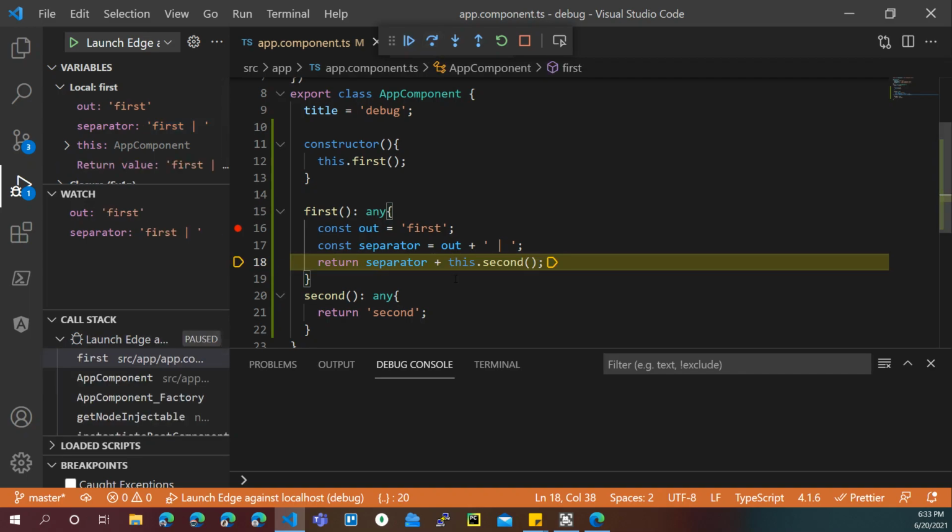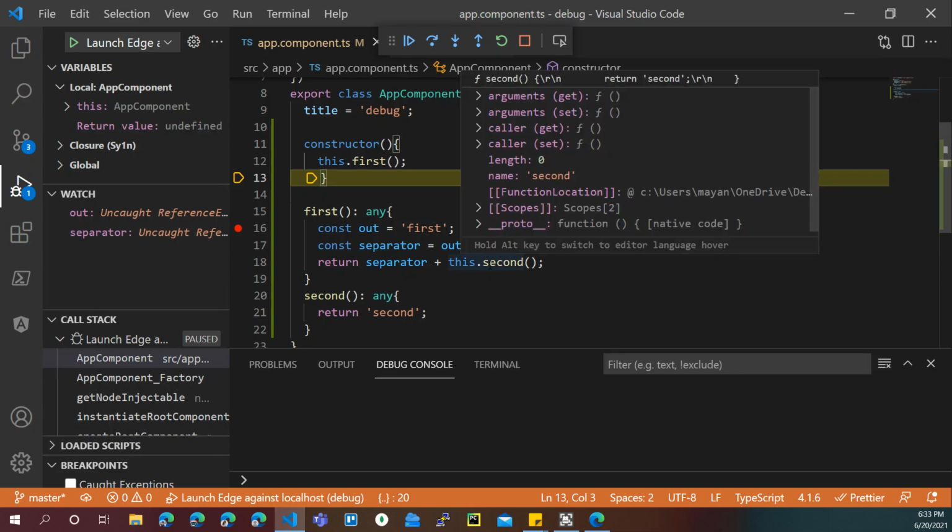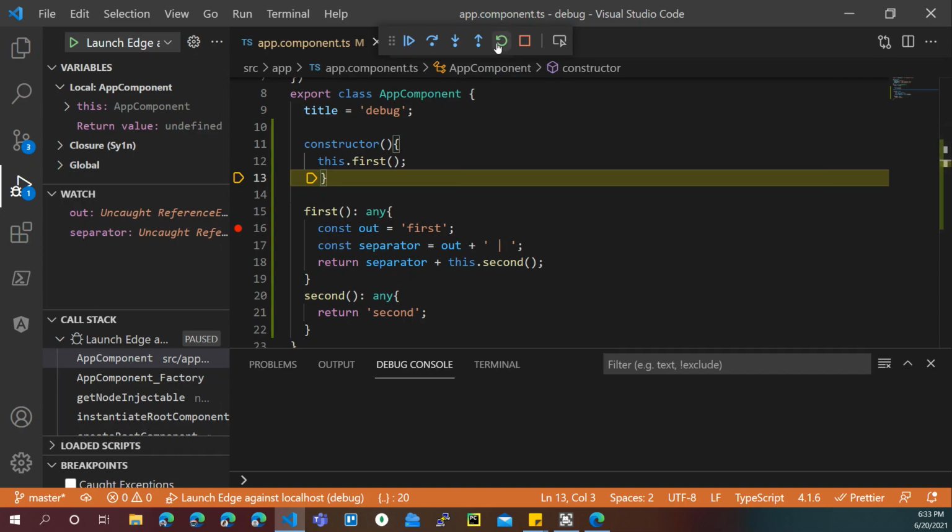Now if we press step over again, it will directly go on to the next line. So it has finished executing this line, and when I do step over again, it has come out of this dot first function. That is how step over is supposed to work. It does not go inside each function, but it just skips over the current functions. So next, if we want to understand what is happening in this dot second, we need to use the step into function. So I'll restart the code.